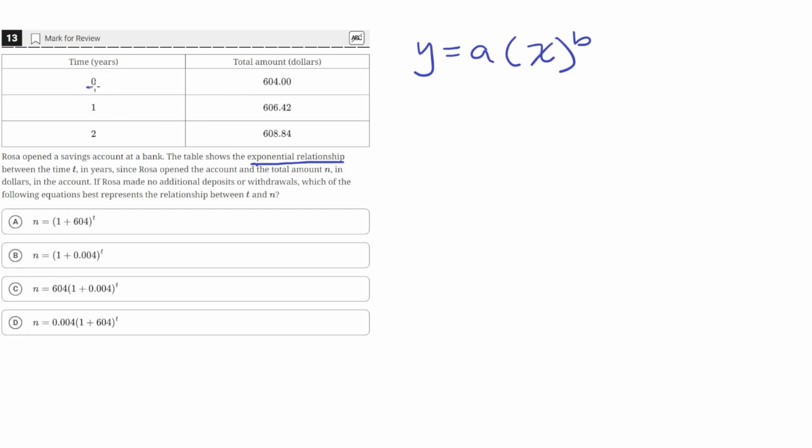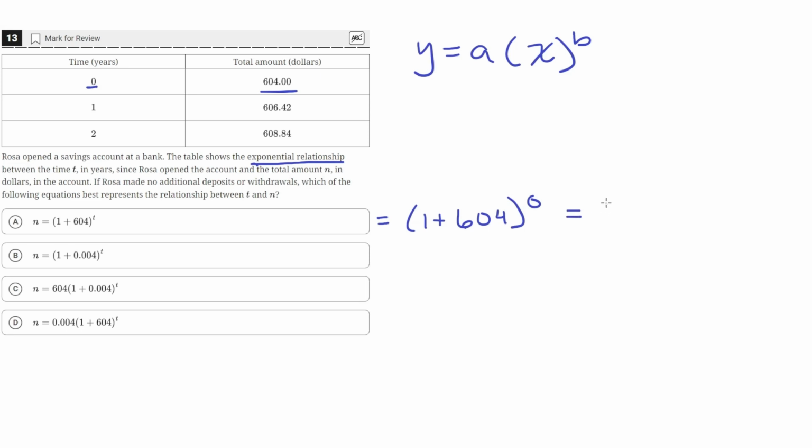So at time t equals 0, the total amount of dollars, n, should be 604. So if we plug in t equals 0 into this first equation, we're going to get 1 plus 604 raised to the 0th power. And we know that anything raised to the 0th power, in this case 605, is just equal to 1,